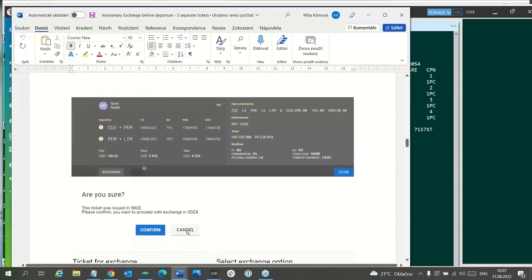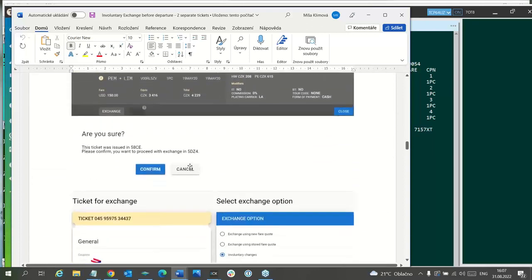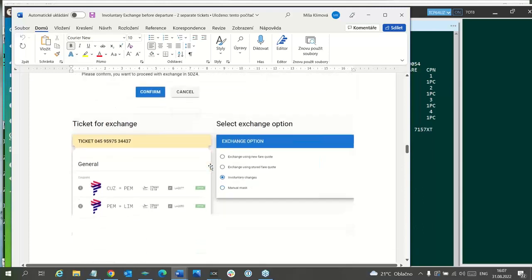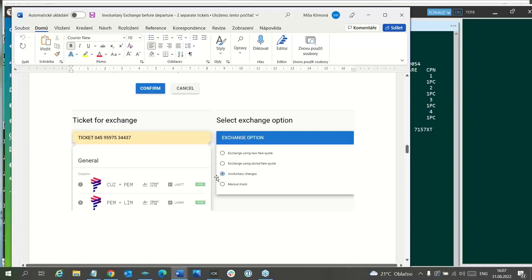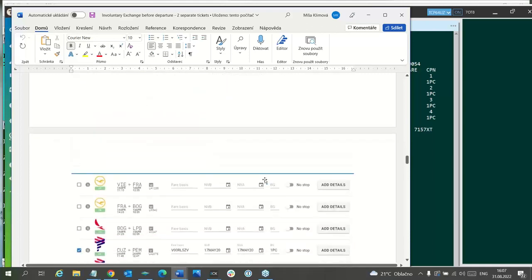So exchange. Here TCP asks you if you are sure you want to continue because you are working in a different PCC, because the original reservation was booked in a non-IATA agency, but it is changed in an IATA agency. So we will confirm it, and we will select involuntary changes.